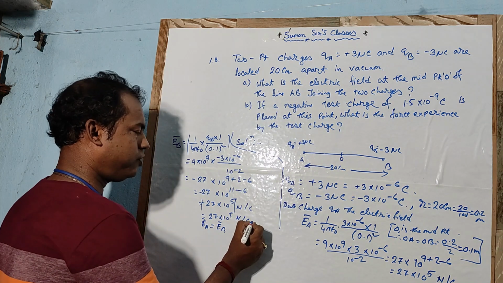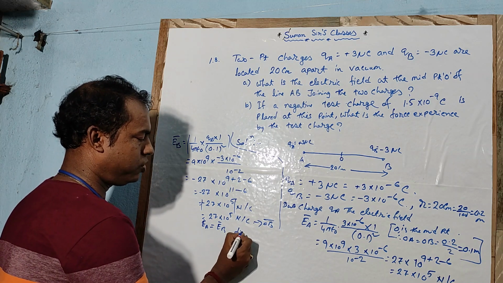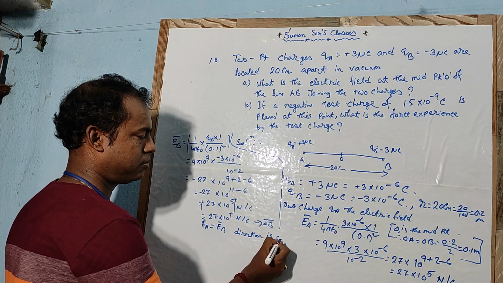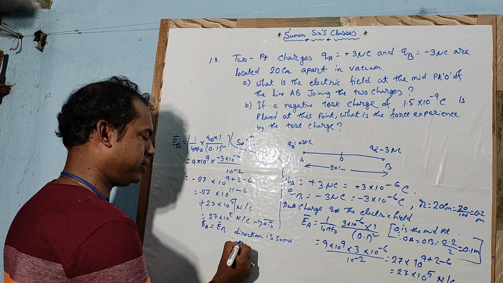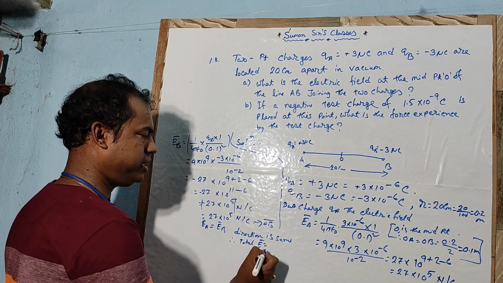Same thing, this force is also acting along the direction of OB. So the direction is the same. So it may be written as: direction is same. Therefore, total electric field,